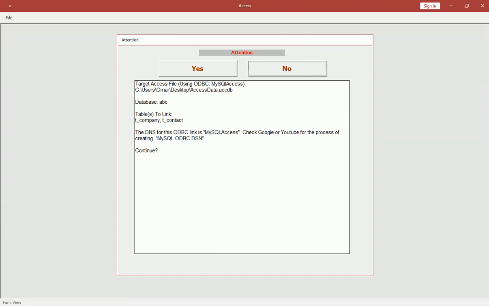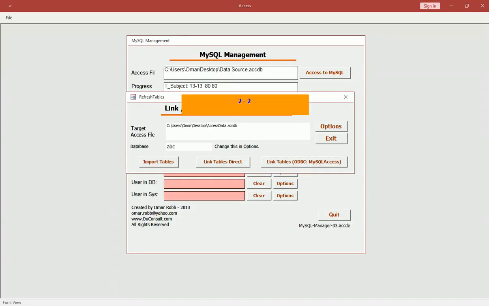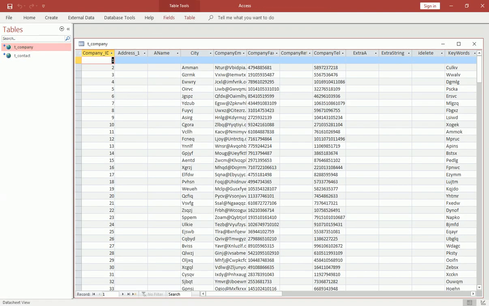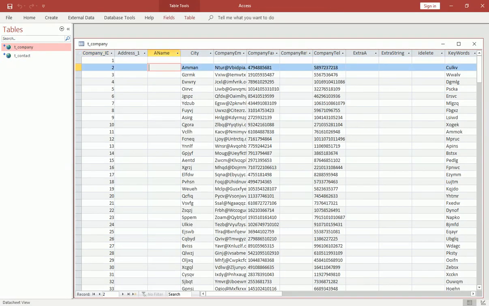The DNS for this object database connectivity link is MySQL Access. Check Google or YouTube for the process of creating a MySQL object database connectivity data source name. Continue, yes. And it is done. It is the same as before. However,